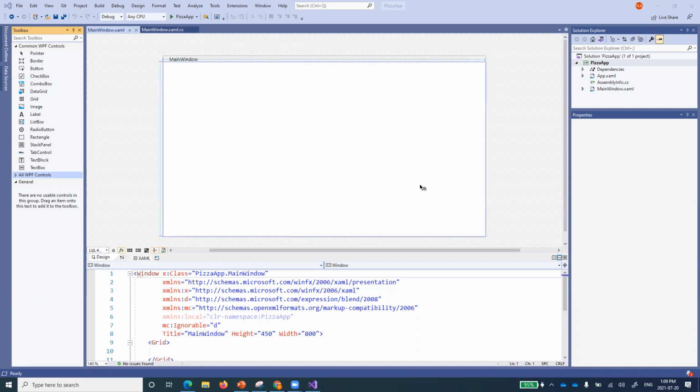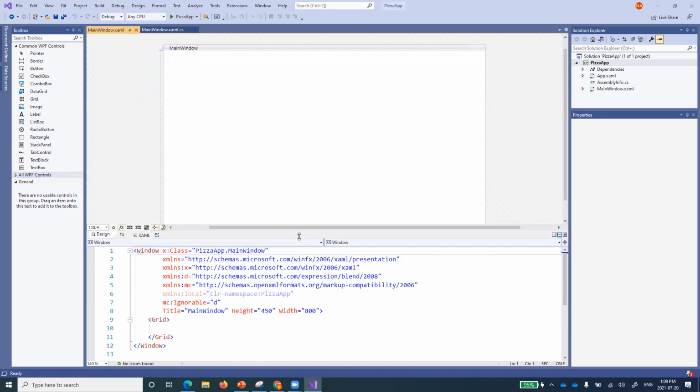Okay, so this is our window, where the height is 450 for this application and the width is 800. And I will be telling you side by side what we'll be doing. So this is a window that is coming up, and the window size is also coming up over here.